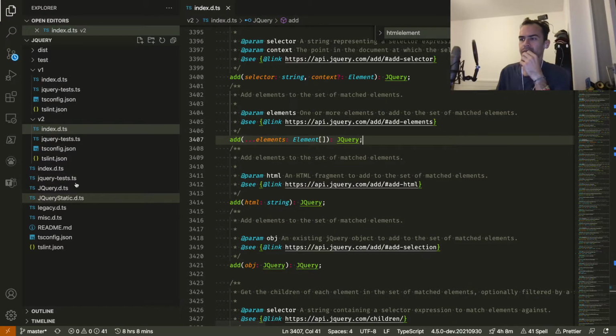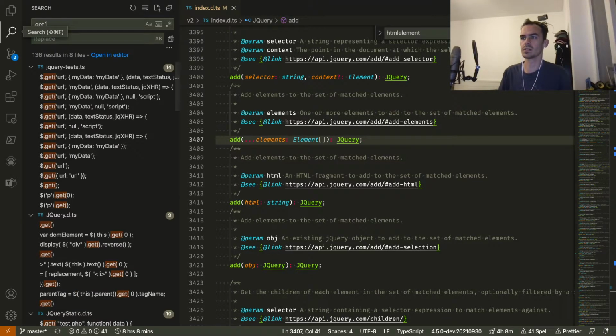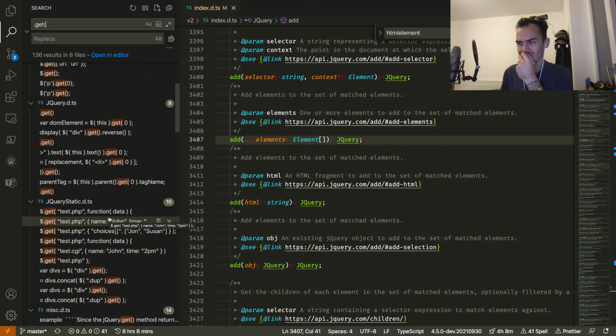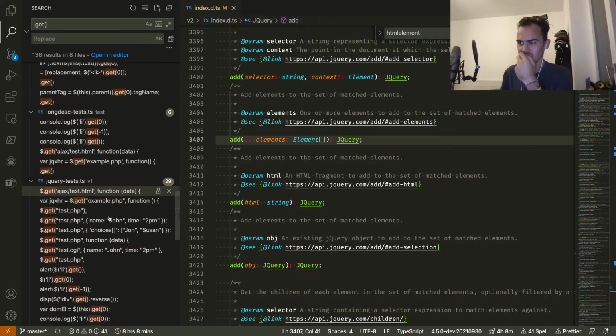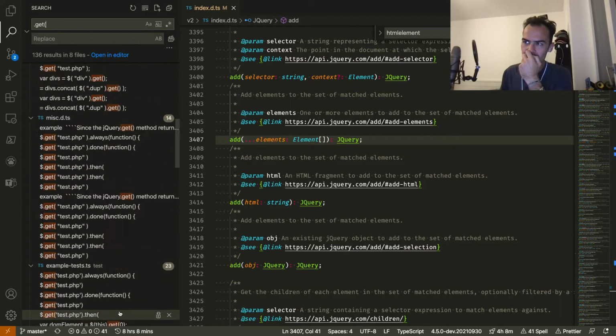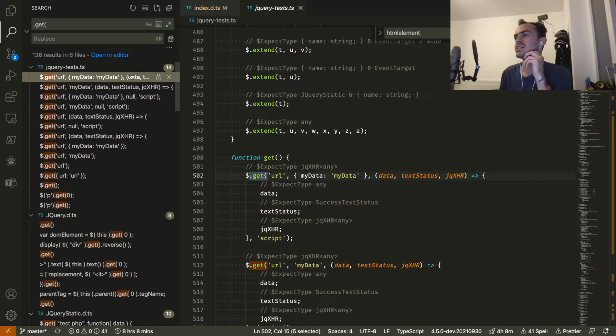And I would guess, so let me search this whole types thing and see. This must be called in tests. Yeah. Oh boy. What is static? How many tests are gonna break now? But I mean, it is correct. It returns undefined. All right. Let's see the typing checks here.